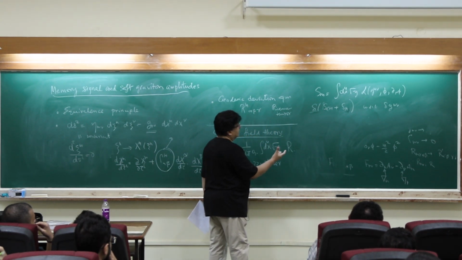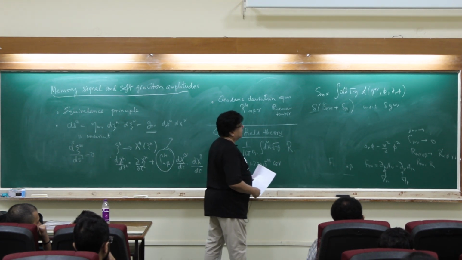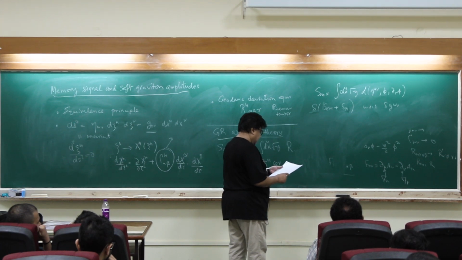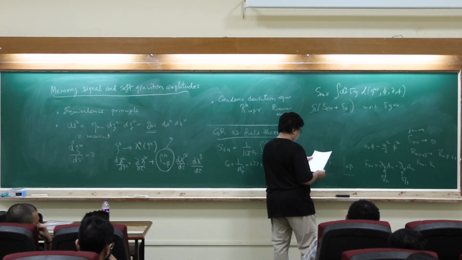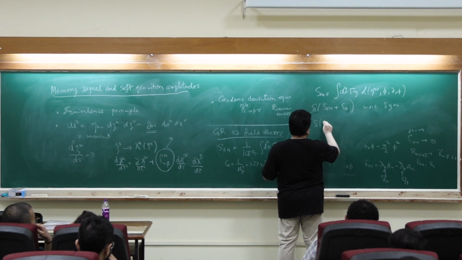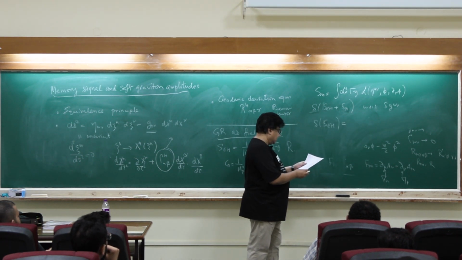And the usual way we try to minimize this action with respect to this variation in a field. So when we do that, again I'll skip the steps and you can copy it from my notes later, that the action, okay, this will give you